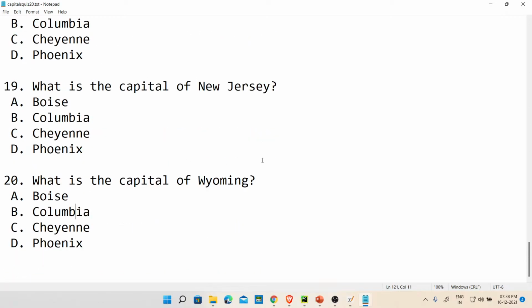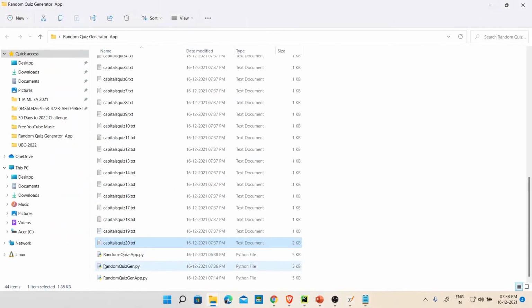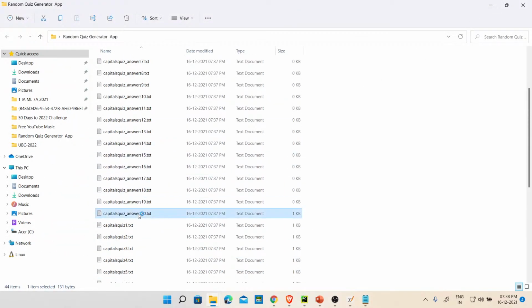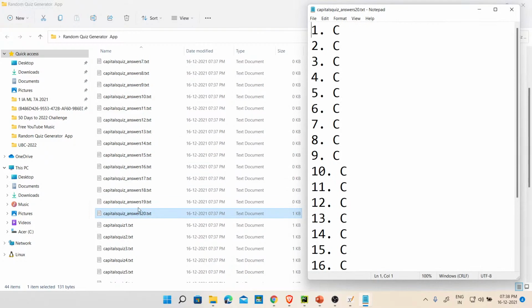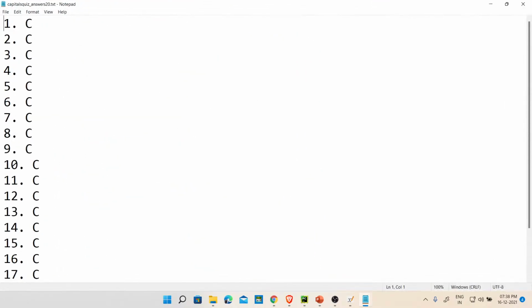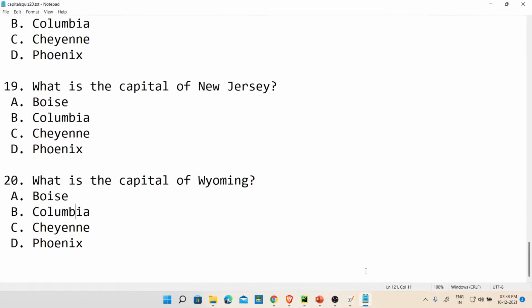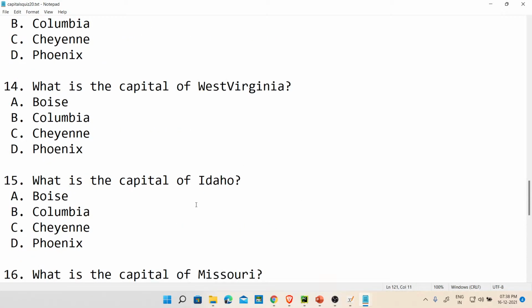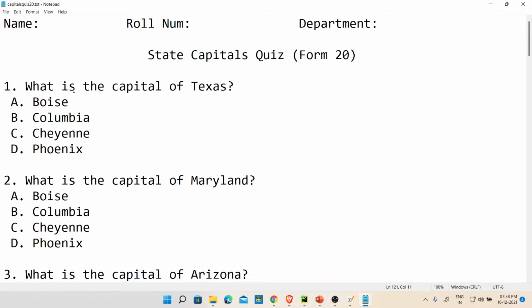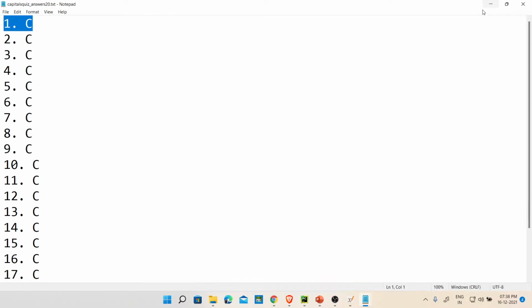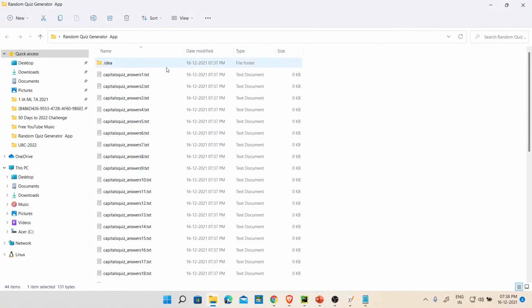All right, but I think I omitted something. Let me check something here. Let's go to the answer. There is an issue here. Okay guys, did you understand here? So this is right, C. Keep them side by side. The question was the capital of Texas. Let me check. I think that will clarify my doubts.